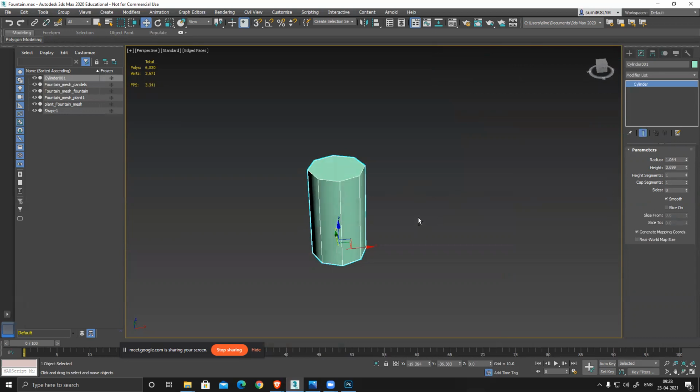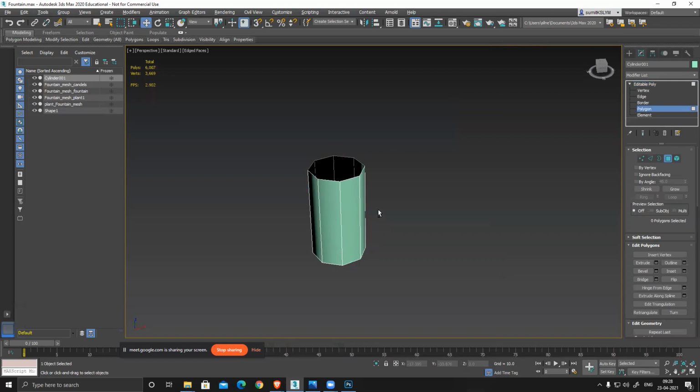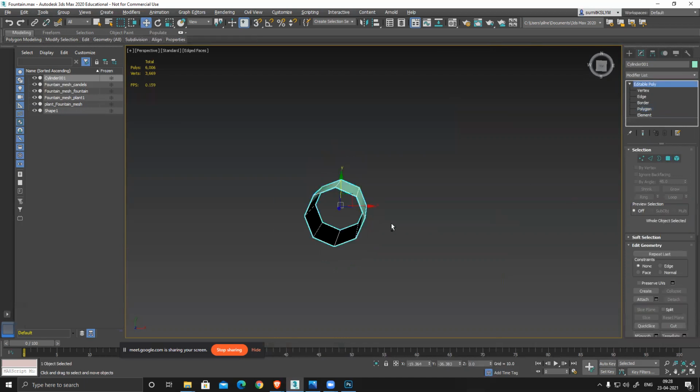So based on the scale of the model, you also need to optimize your mesh, like you reduce your polygon, increase your polygon based on the scale, the size of that part element in that given scene. So that is very important. Otherwise, you will end up using a lot of unwanted polygons, and those are useless basically, because if it's a small part and having really dense geometry, it's not serving any purpose. So make sure you reduce it.